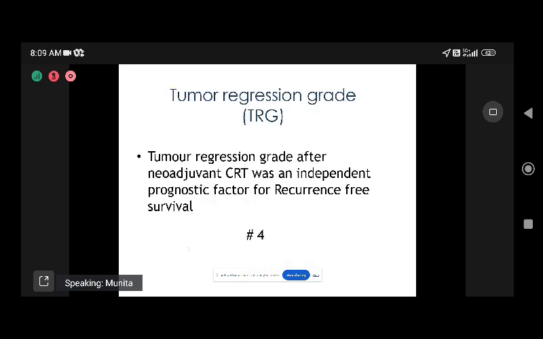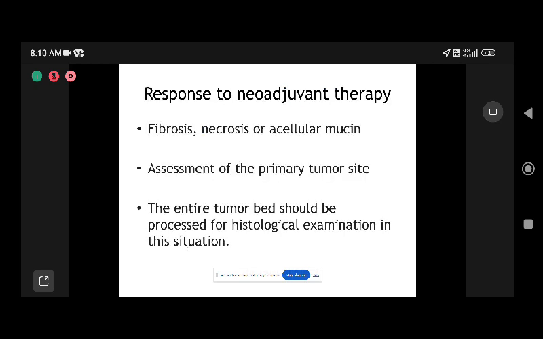Then there is the tumor regression grade. If the patient has received neoadjuvant therapy, then the tumor can undergo regression. So in the pathology specimen, we can see a variable degree of regression, and this is recorded in the form of TRG, or tumor regression grade, and it has been shown that this is an important prognostic factor for recurrence-free survival. So the response we can see is either fibrosis or tumor necrosis, or we see a